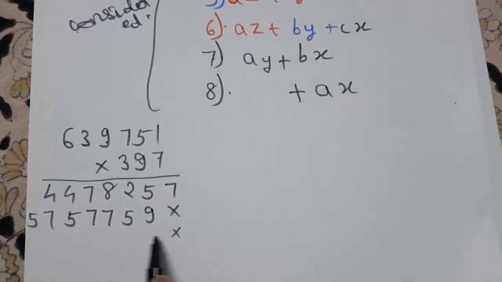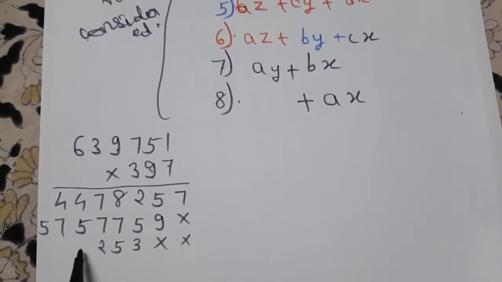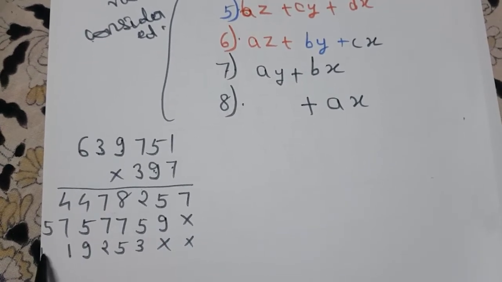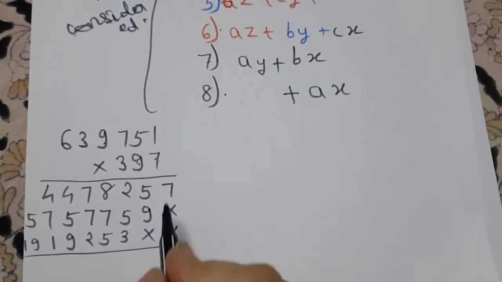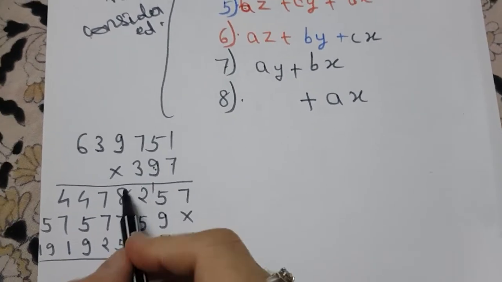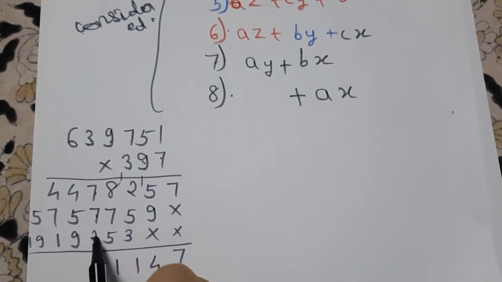Now this cross multiply: 3 and 5 is 15, 1 carry, 7, 21, 22, 2 carry, 19, 27, 29, 2 carry, 3, 9, 10, 11, 1 carry, 6, 18, 19. Okay, so if you add, you get the answer 7. This is 14. This will be 5, 6, 7, 8, 9, 10, 11. 1 will carry, 8 is 16. 16 plus 5, 21. 2 carry, 7, 7, 14, 15, 16, 17, 18.